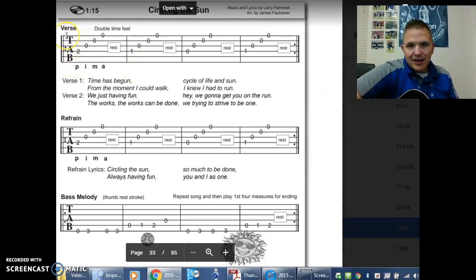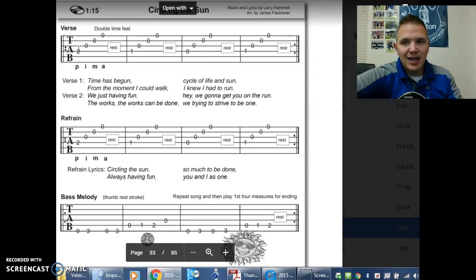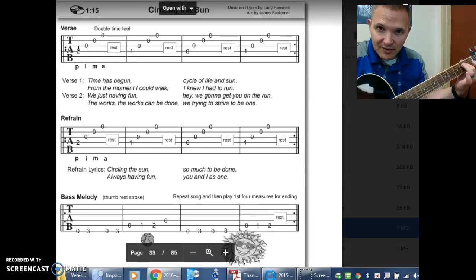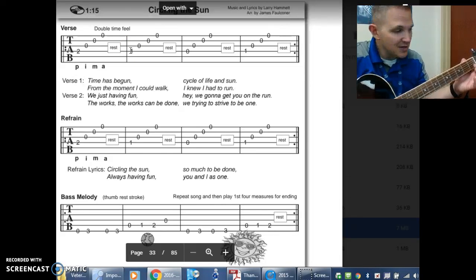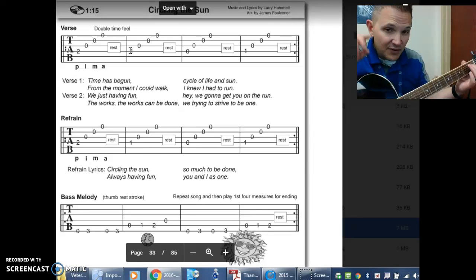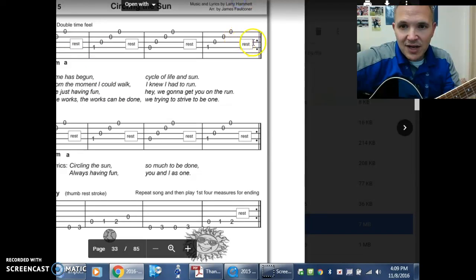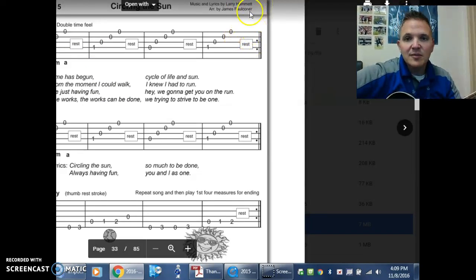This tablature, on the first line, we have fourth string, third, second, and first. But notice on the fourth string, we have the second fret indicated here. So that particular chord, when we play it, we're going to have the second finger on the second fret. Second measure here, we go down to the first fret. If we use our first finger there, easy peasy. Open in the next measure, and first fret in the fourth measure. The two dots at the end of the phrase indicate to repeat,